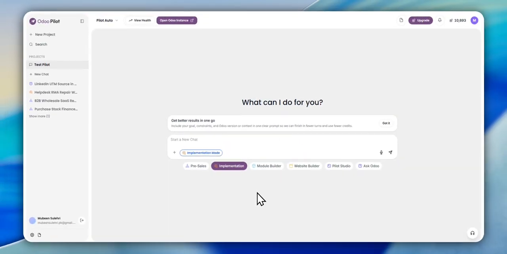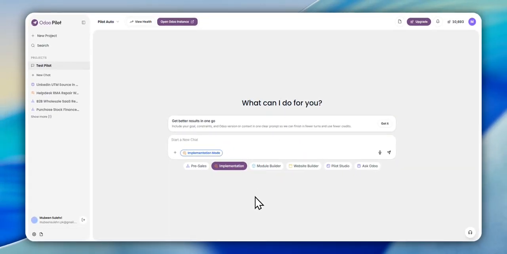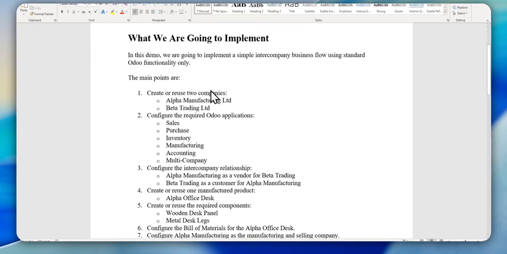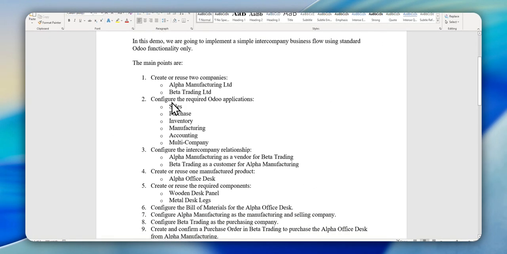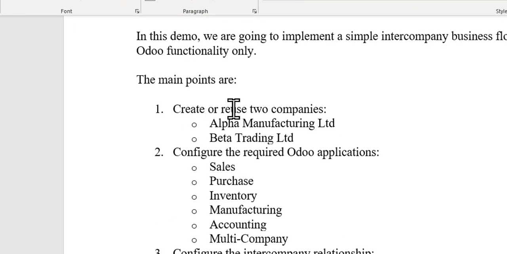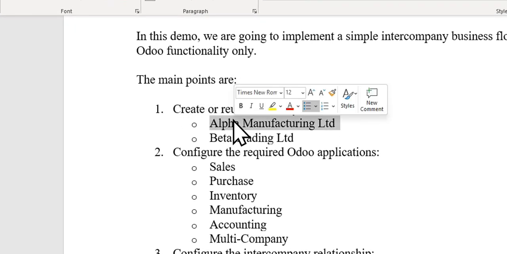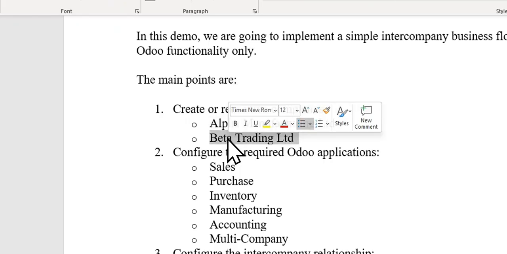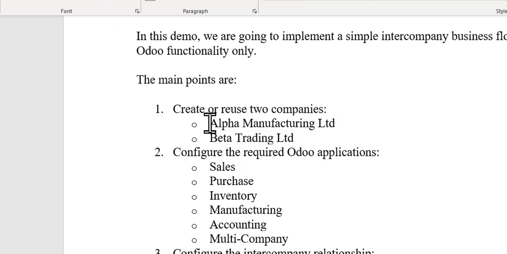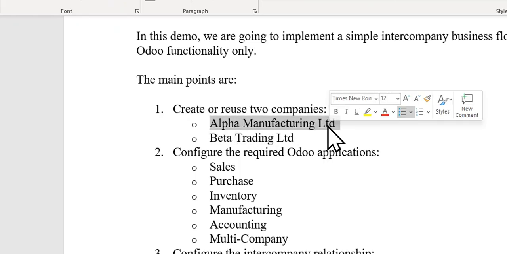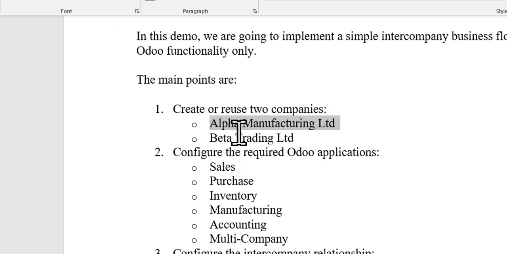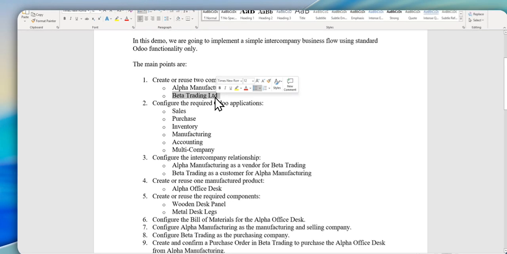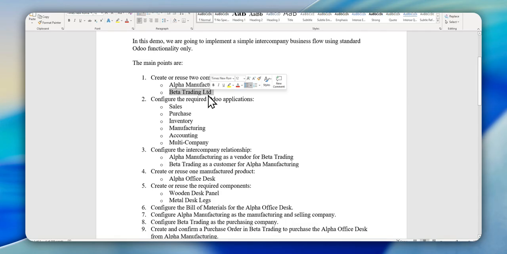So, I will show you what we're going to achieve through our prompt. Today we're going to implement two companies: the first is a manufacturer company and the second is a trading company. The trading company will purchase finished goods from Alpha company and sell them to Beta company, and then Beta company further sells them to its own customers.